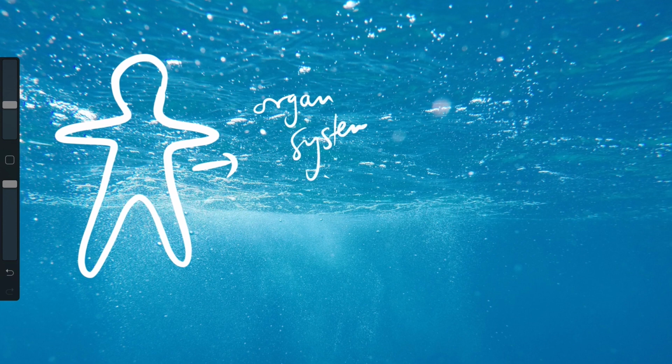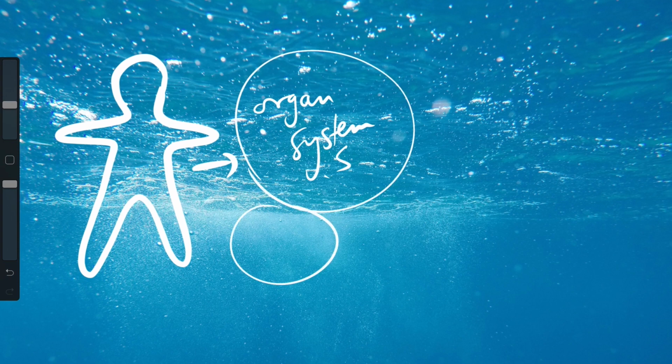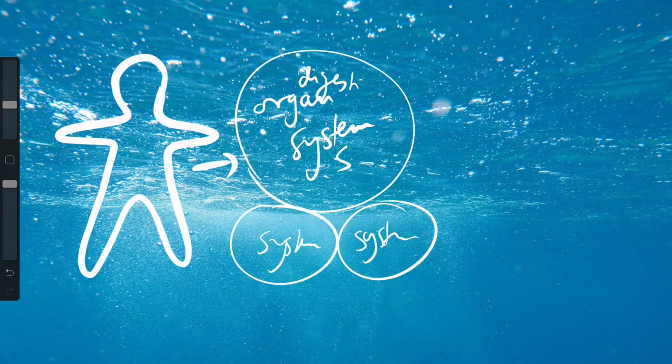Okay, so an organism is made up of many organ systems, and they have their collective functions, or individual functions, we should say. So for example, an organism needs the digestive system because that is the way the organism obtains biological molecules that it can use to synthesize its own biological molecules. So it acquires biomass, and then it breaks those molecules down so it can build its own molecules.